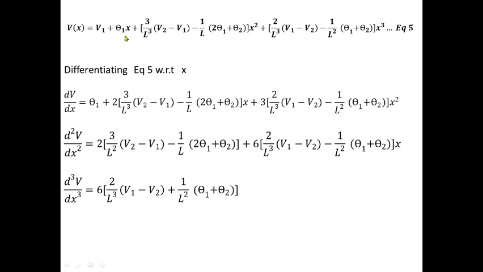So all the equations are written, and in the next slide, v of x will be differentiated once, twice and thrice. Okay, dv by dx, and in a similar way double differentiation and triple differentiation. Is it clear? I hope this differentiation is very simple. It's not a complex differentiation. You can follow it. In case you find any difficulty, just contact me and I will let you know how to do the differentiation. I think the explanation is not required.